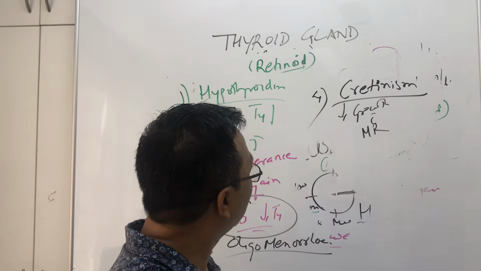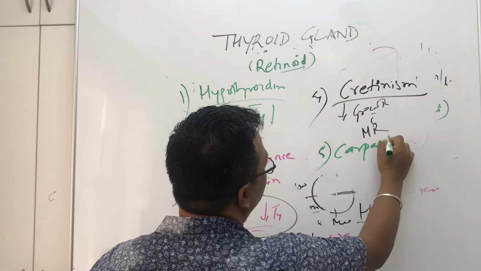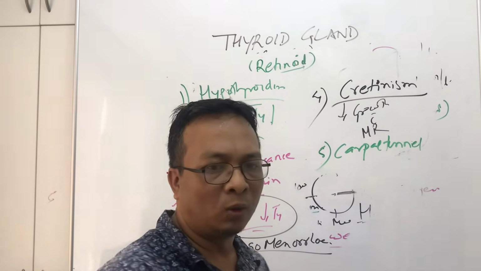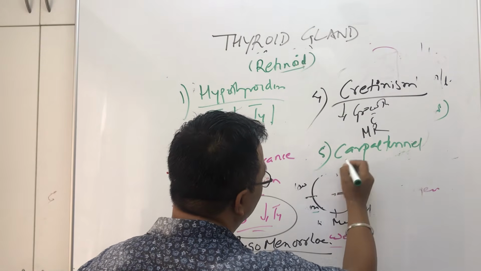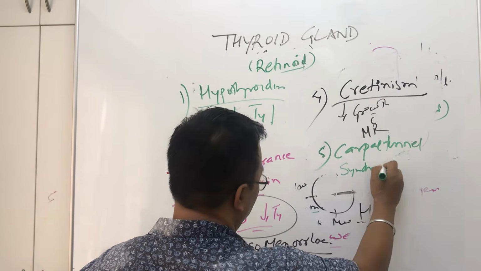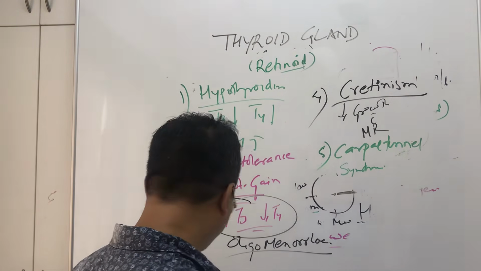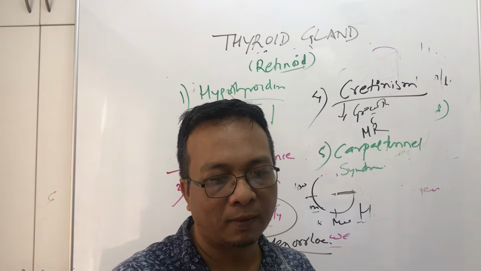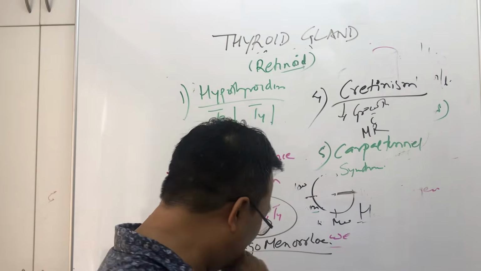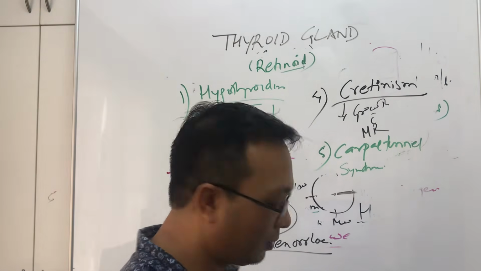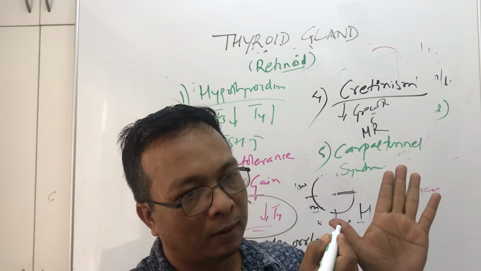One more thing before I go is carpal tunnel syndrome. Now it is very popular, though we don't know how to connect it to hypothyroidism, but hypothyroidism patients do have carpal tunnel syndrome. Now if you remember from your anatomy class, what is carpal tunnel syndrome? You heard of it, right? This is a median nerve disorder. So carpal tunnel syndrome means the median nerve is problematic.